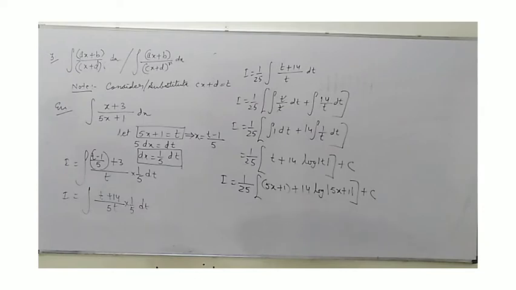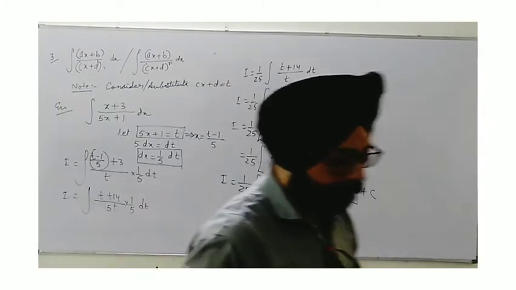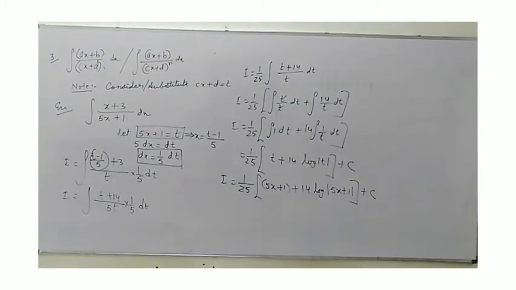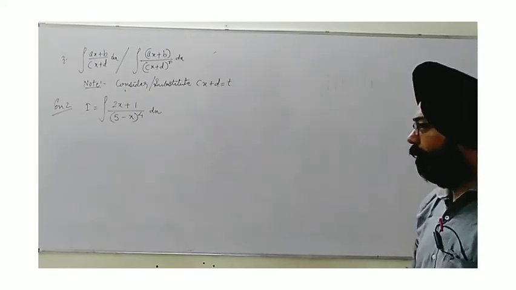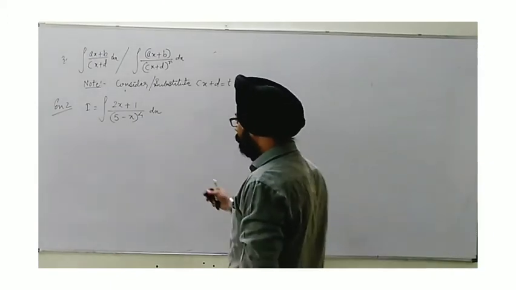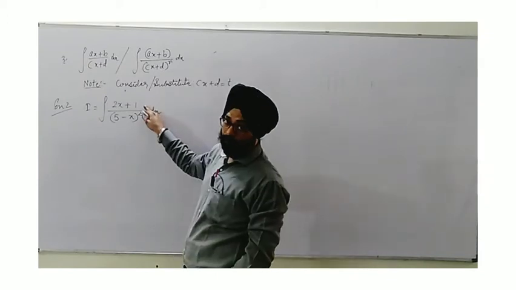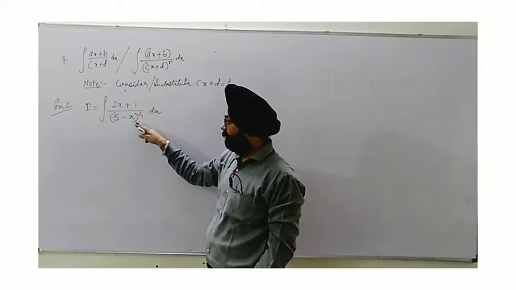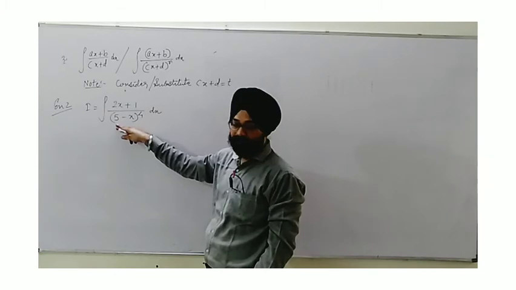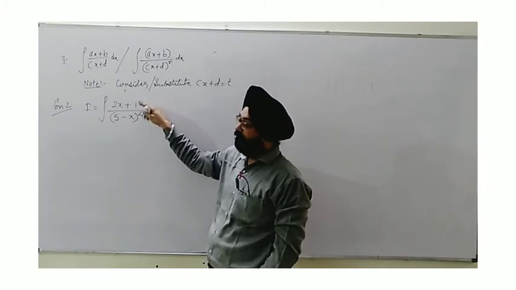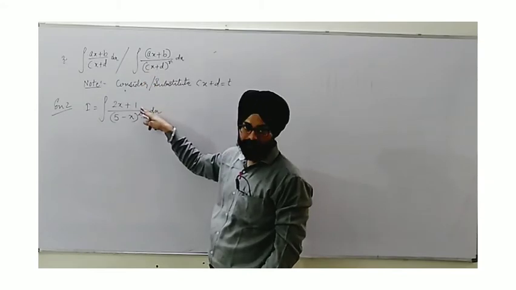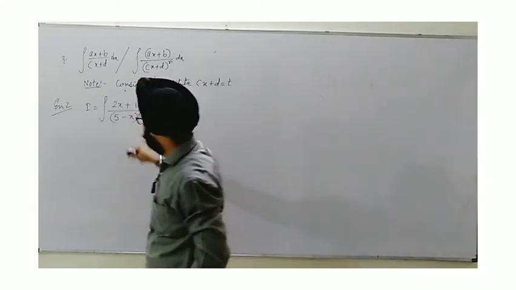Now we will take one more example where the denominator is given with some power. Let's see next. As the next example, we have taken the integral of 2x plus 1, a linear polynomial, divided by 5 minus x raised to the power 4. Inside the bracket you can see it's 5 minus x, a linear polynomial. In the numerator, in this pattern, we compulsorily require a linear polynomial only.